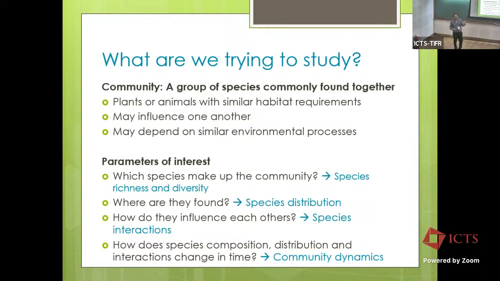But if we were to continue to assess this over time, then we are effectively looking at how richness, how diversity, how distribution of species is changing in time. So effectively, we're looking at the dynamics of that community, different facets of that community, how that's changing in time, and what might be influencing that. So these are really the parameters that we are interested in: richness, diversity, distribution, the interactive effect of one species on the other, positive, negative, whatever it is, the kinds of different things that we would look at when you're thinking about community dynamics. These are the kinds of parameters that we will get into more in this particular lecture,